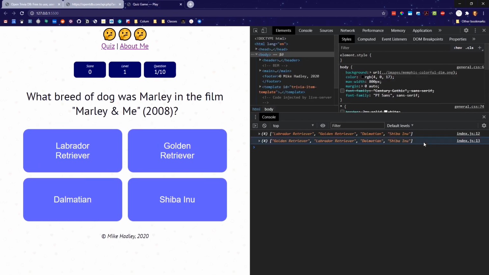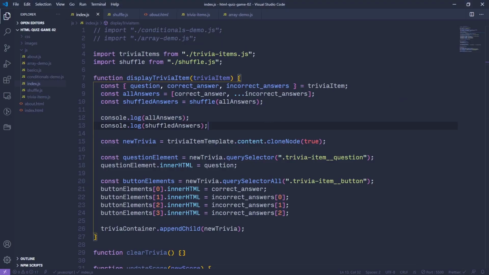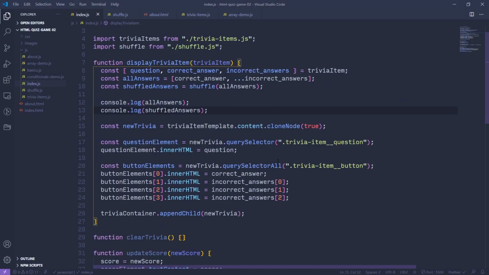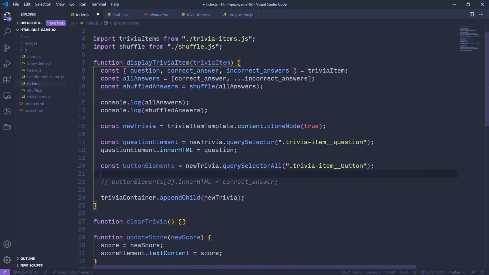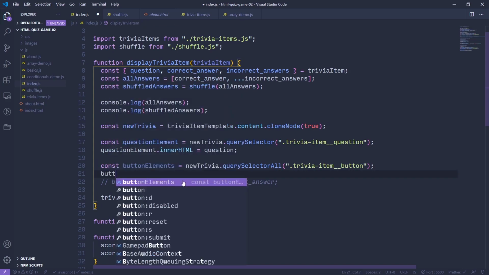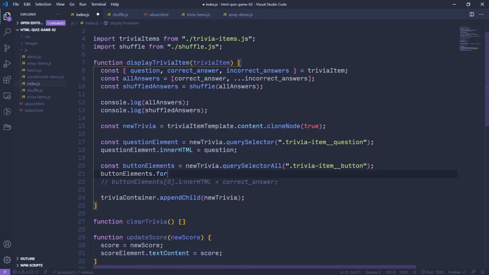So now what we want to do is take these shuffled things and put them into button 1, 2, 3, and 4. So what I'm going to do here is get rid of this code. We'll comment this out. Remember that button elements is essentially an array, so we can loop over it, or we can use our forEach to loop over it. So buttonElements.forEach